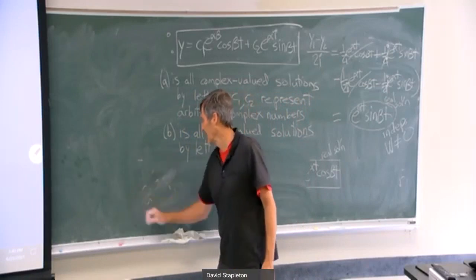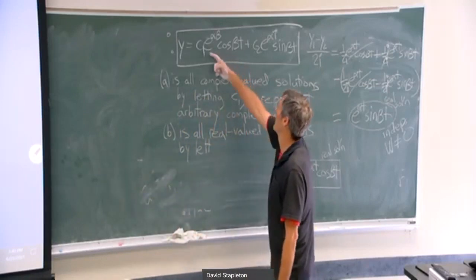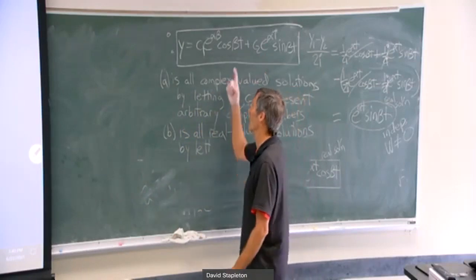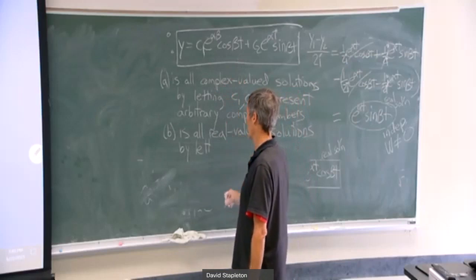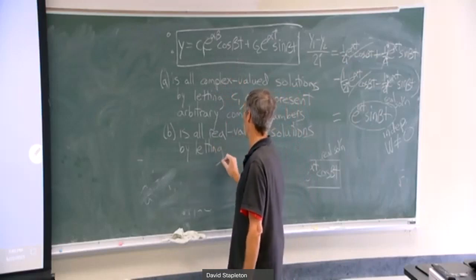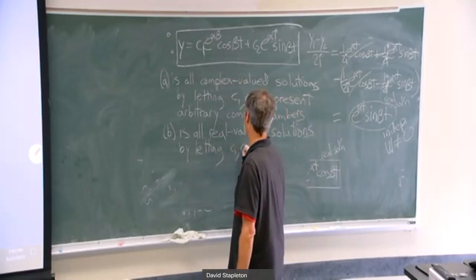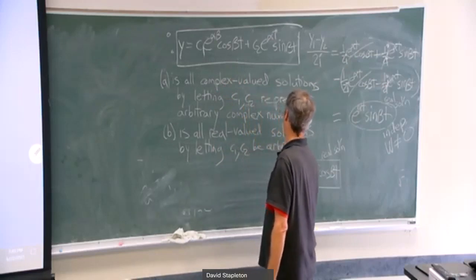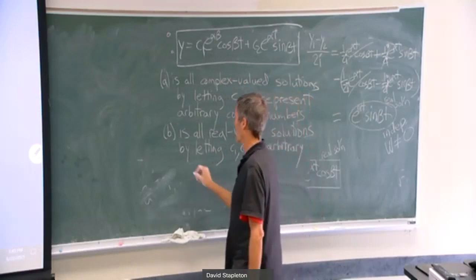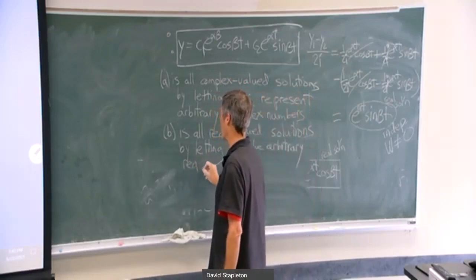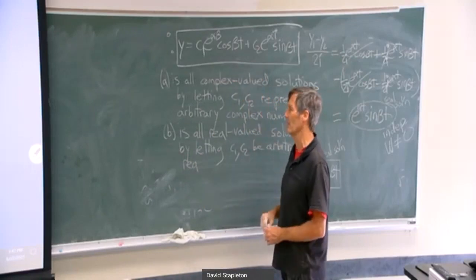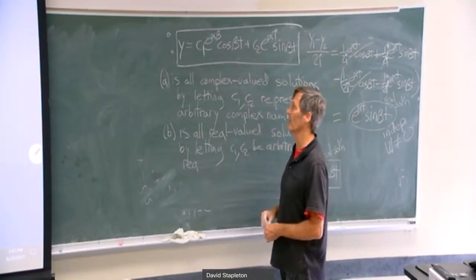And what we're finding here is by letting C1 and C2 be only real numbers, we get all real valued solutions, the subset of this set that's real valued. So nicely, you can find all complex valued solutions. You write this down and say C1 and C2 are arbitrary complex numbers. Or you can find all real valued solutions. You write down the